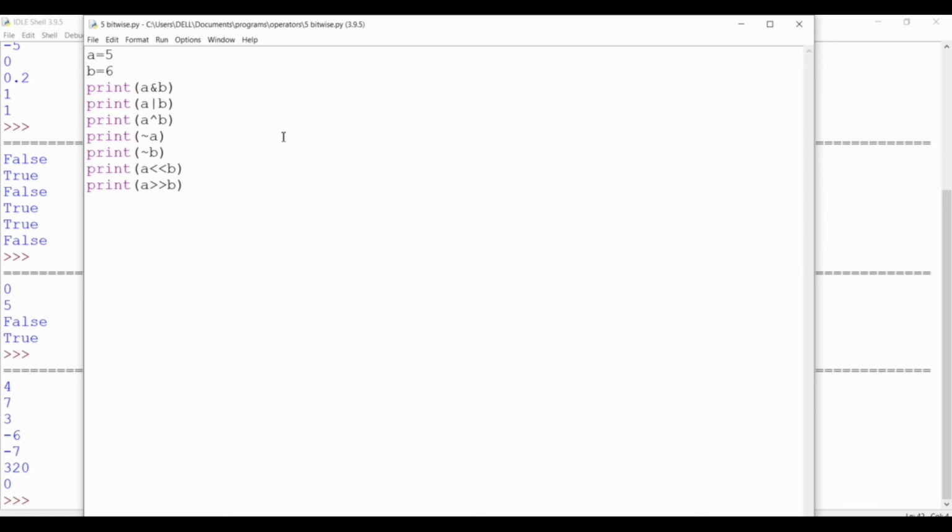And the left shift performs 5 shifted by 6 terms, meaning the multiplication of 5 up to 6 terms gives the output as 320, and the right shift is division. Division by 2 is 0.